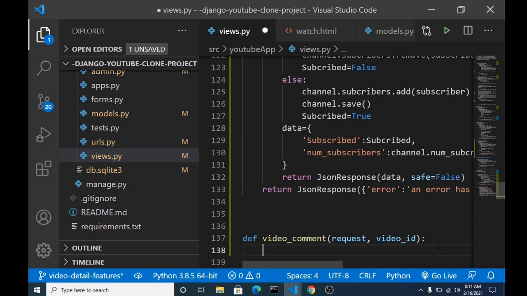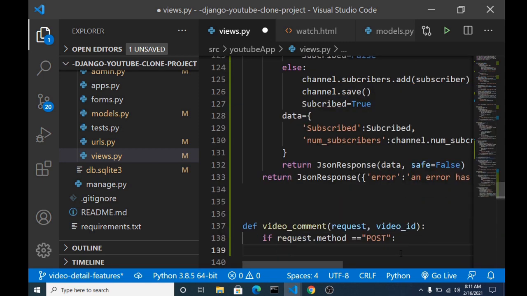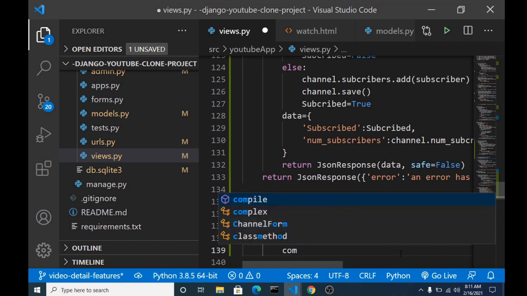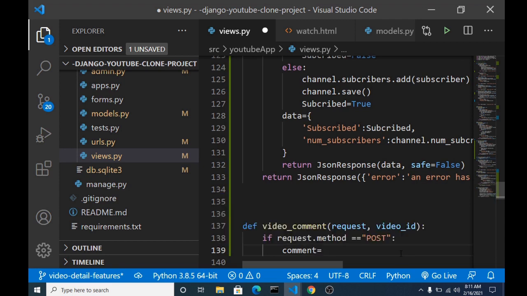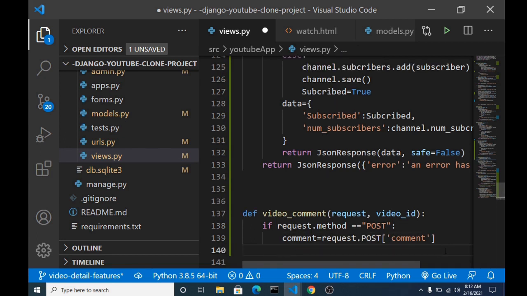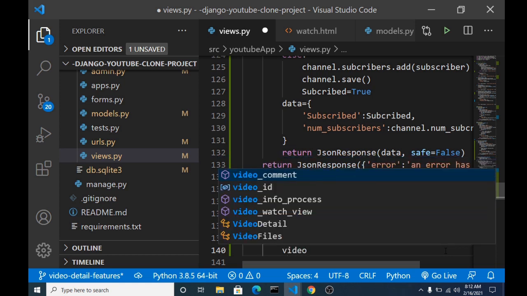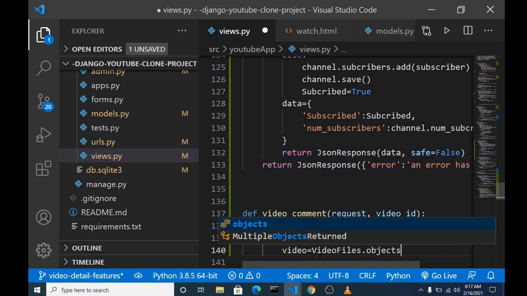So first we check if the request is post. We want to grab the comments from the post, which is equals to request.post. Alright, this will give us our comment. Then once we get our comment, also we need the user, which is the request.user, the user that is currently logged in. So we need to get the video, so we get the video that we want to comment on.